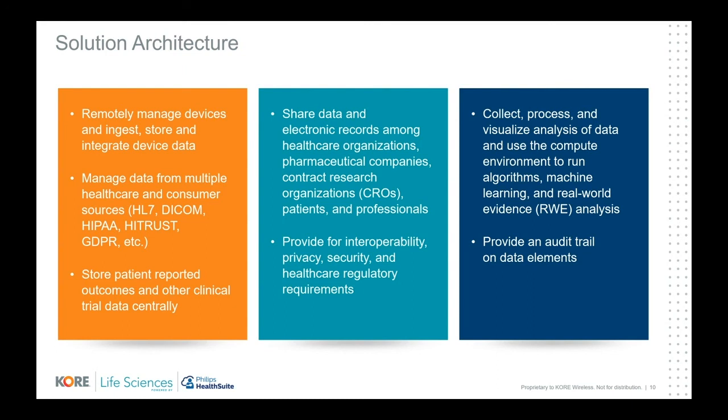We mash up the data with the collected data from the IoT devices. All this data is stored and mashed up in the HealthSuite digital platform. And out of that, we do some AI. We have HealthSuite Insights, our AI capability that allows us to develop algorithms and to find the commonalities between the data